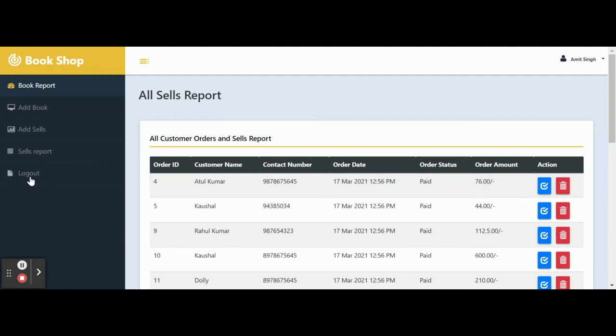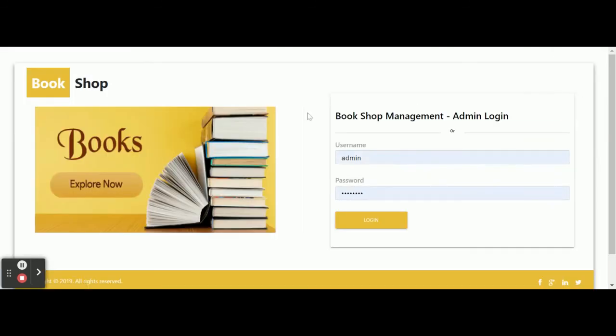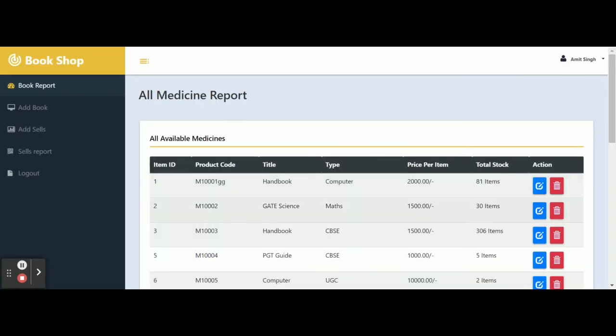Once you click on logout, you will not be able to access the internal pages. You can log out from here or from here. You can see you are redirected to the login page, but if you log in, then you are redirected to the internal page, meaning you can perform certain operations.